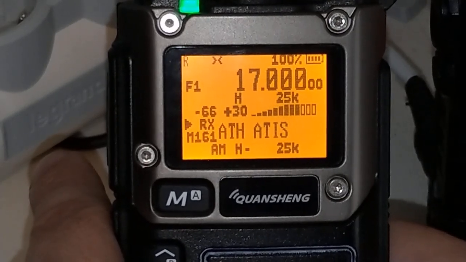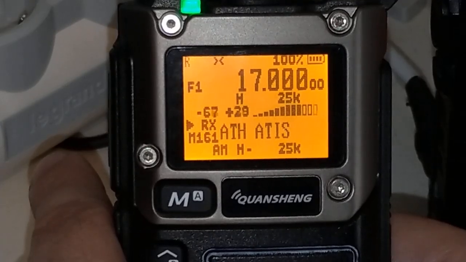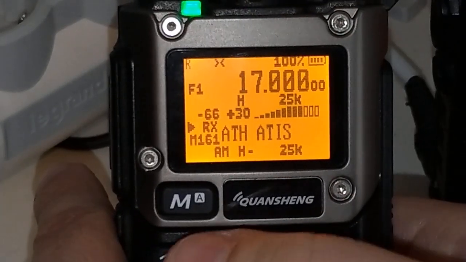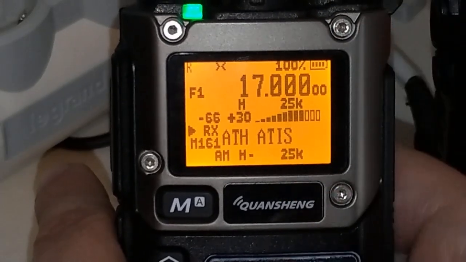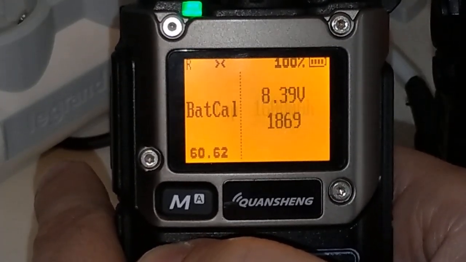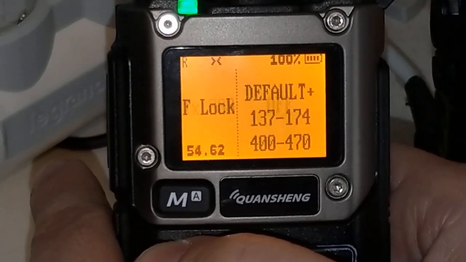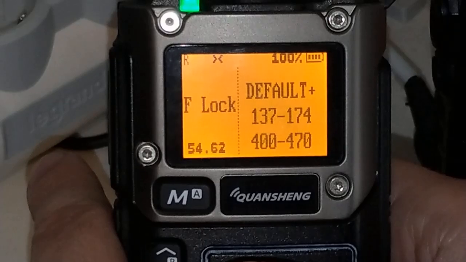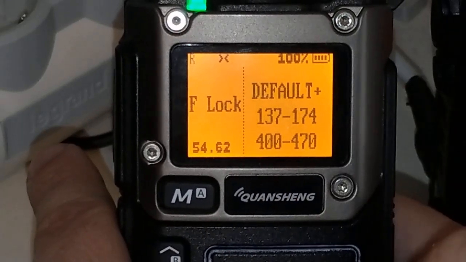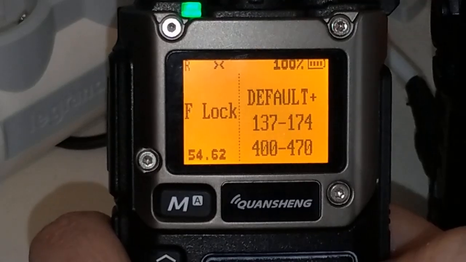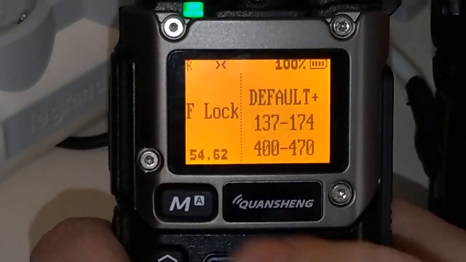So now let's see how to unlock all frequencies for transmit. We have opened the radio in the hidden menu, as you noticed before, and we go to menu until we find the F-lock menu, which is normally hidden. Here, as you can see, it's on default plus, which is a feature of Camille's firmware and my fork, of course.